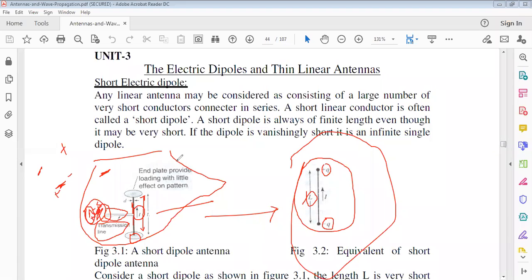Like this, the entire length of the antenna is split into different small pieces of elements. You just have to calculate the parameters of that small piece of the element. Later, you just have to integrate the number of pieces of elements connected in a cascade, just like our multi-stage amplifier.